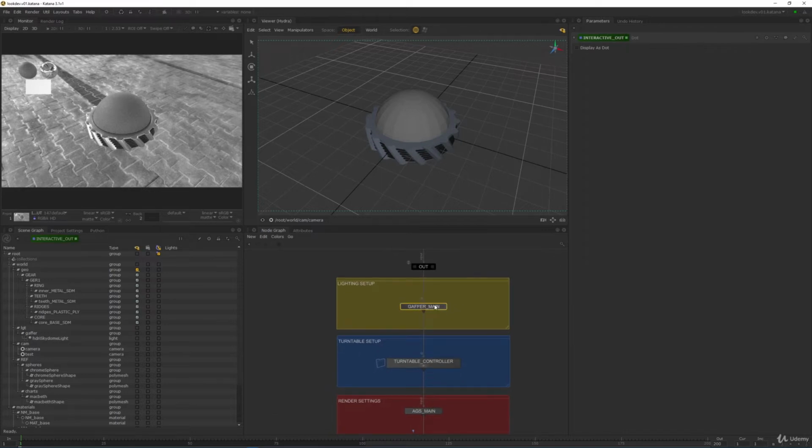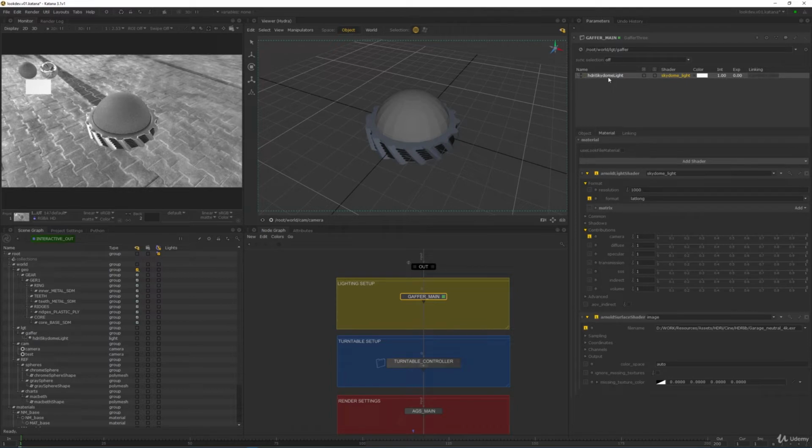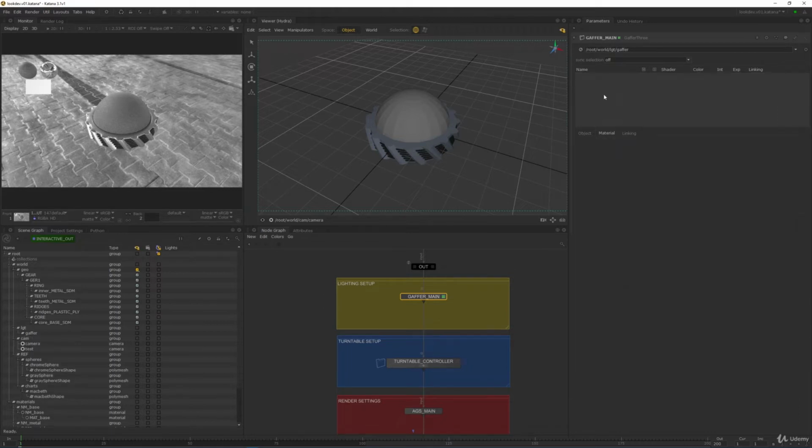As of right now, we only have a gaffer with one single light dome in it. We want to keep the gaffer for sure, but we want to organize our lights within the gaffer. We will talk in more detail about exactly what we can do within a gaffer. It's pretty versatile and there are lots of things to do in here. But before we get started,